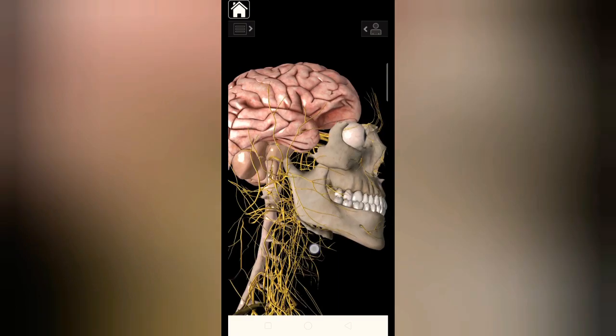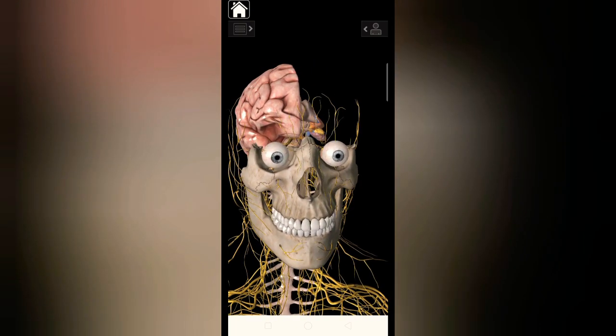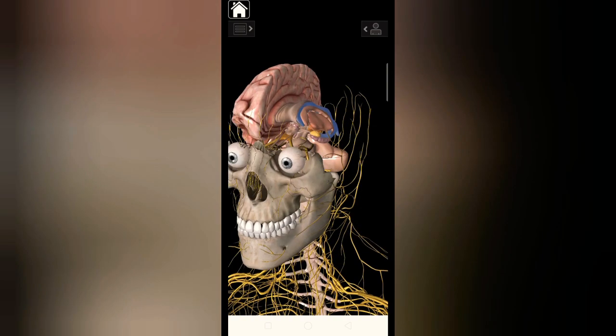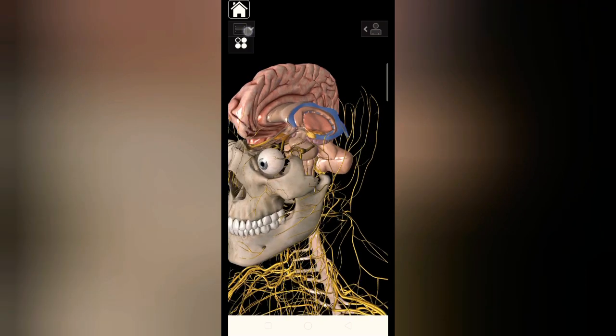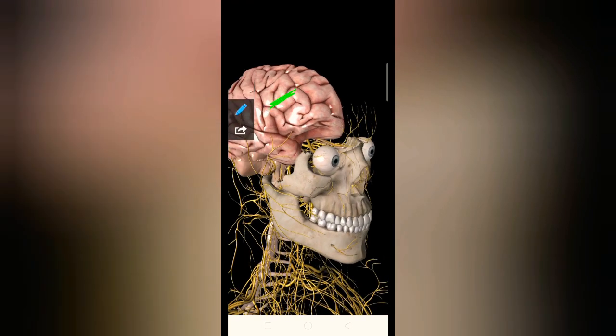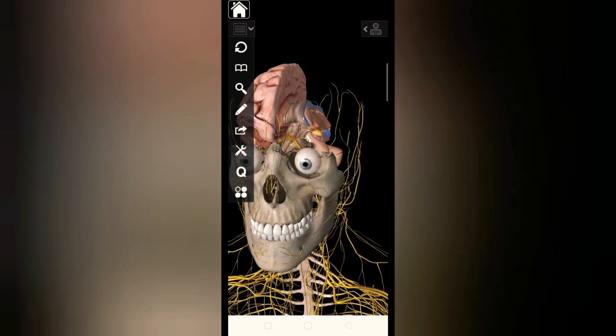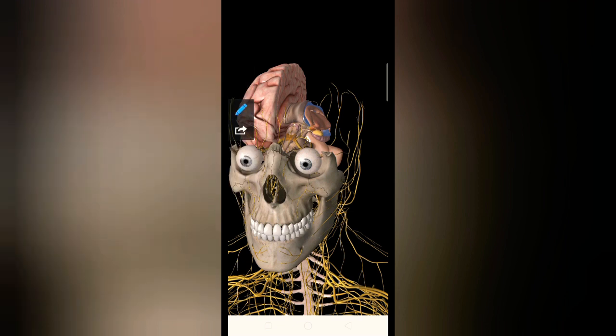Now the borders. What are the borders of the cerebrum? The cerebrum generally has four borders: the superior medial, inferior lateral, medial orbital and medial occipital. The superior medial border separates the superior lateral surface from the medial surface. Here we have our medial surface, and similarly you can find the superior lateral surface. So the superior medial border separates the superior lateral and the medial surface. So what is our superior medial border?